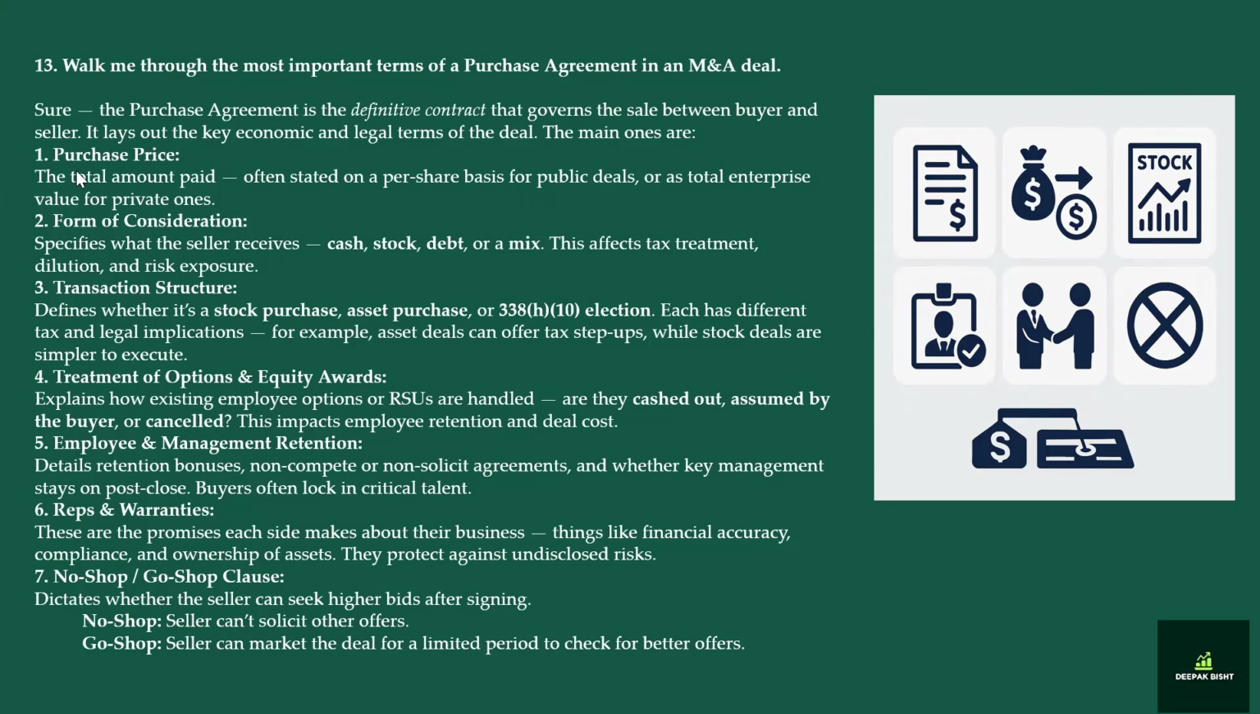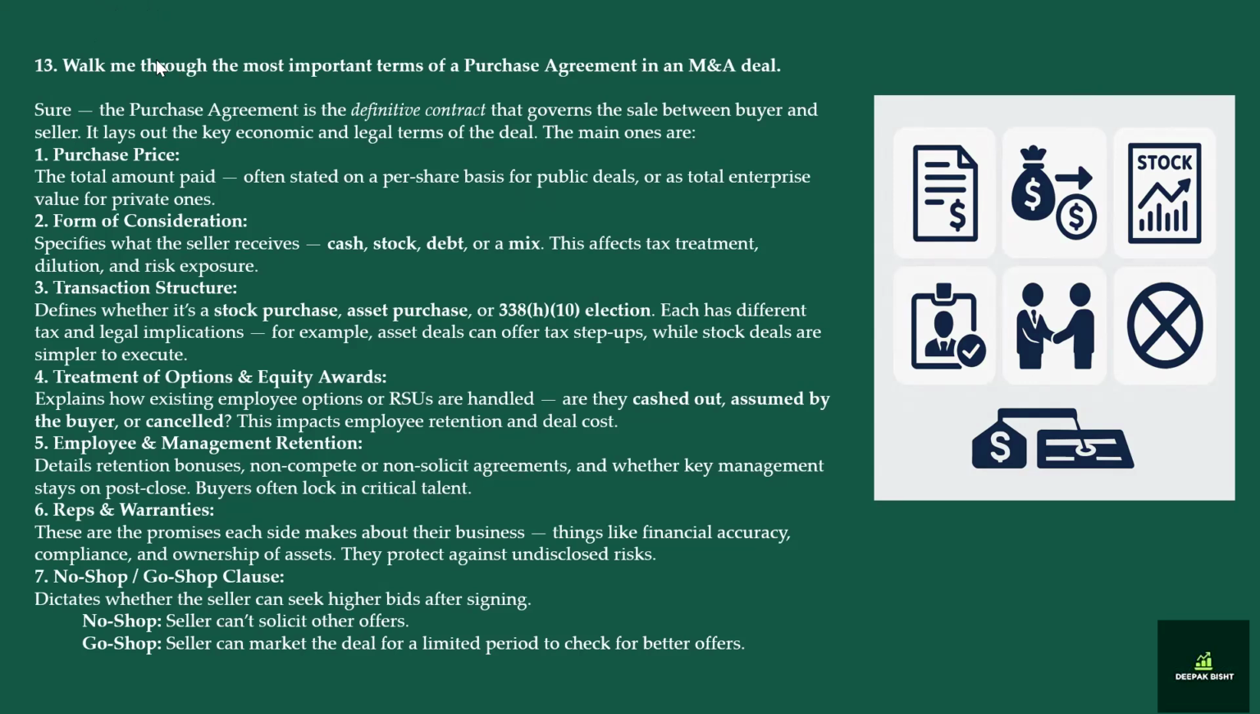Purchase price specifies how much the buyer is paying for the target company. For a public company, this is typically stated as a per share price, while for private companies, it is usually a total enterprise value or equity value. The agreement may also include price adjustments, for example, based on working capital, debt, or cash levels at closing. Why does it matter? Because the purchase price determines the ultimate economic outcome for both parties and often interacts with other clauses like earnout